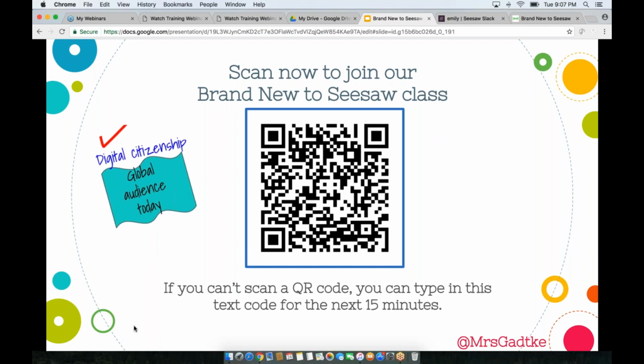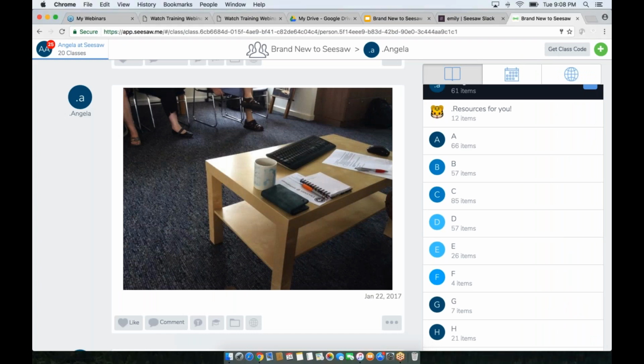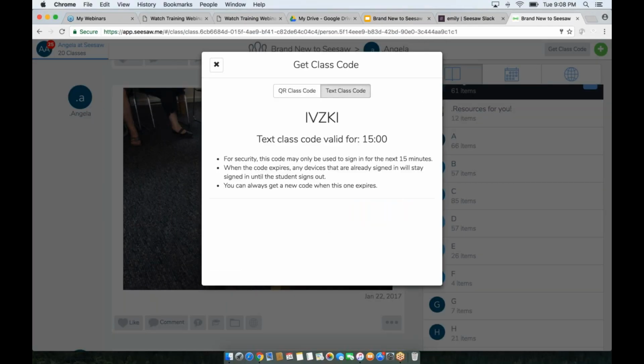In a second, I'm going to give you a text code to type in that will last just for the next 15 minutes. So I want to hold this up here for a second while people are scanning that QR code. But what I'm actually going to do is go into our class here live that you are actually going to be entering. And this is the text code that you're going to enter in, IVZKI,